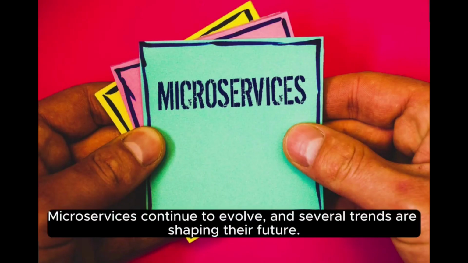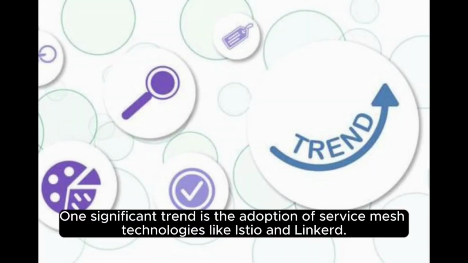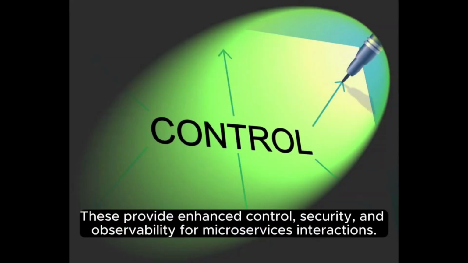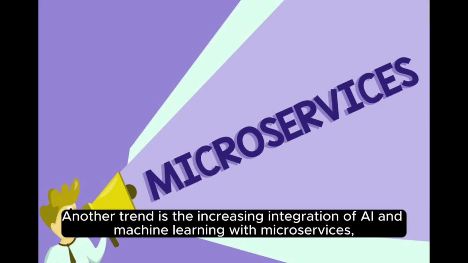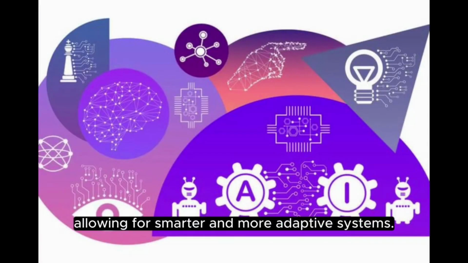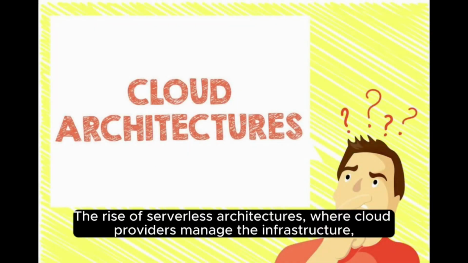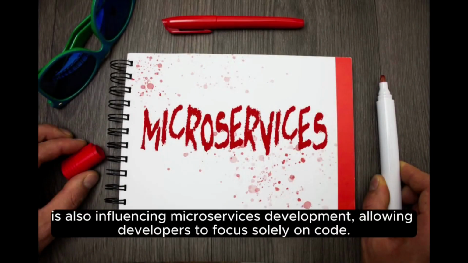Microservices continue to evolve, and several trends are shaping their future. One significant trend is the adoption of service mesh technologies like Istio and Linkerd. These provide enhanced control, security, and observability for microservices interactions. Another trend is the increasing integration of AI and machine learning with microservices, allowing for smarter and more adaptive systems. The rise of serverless architectures, where cloud providers manage the infrastructure, is also influencing microservices development, allowing developers to focus